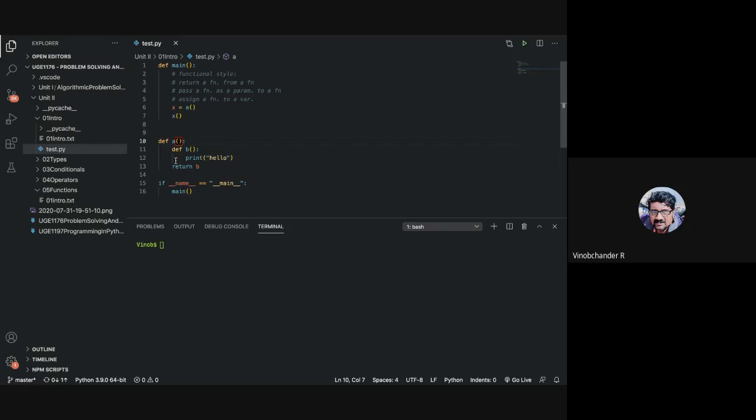So what I'm trying to say is, now this takes us to the third point, that is, you can pass a function as a parameter to a function. All right, so let us do something like this.